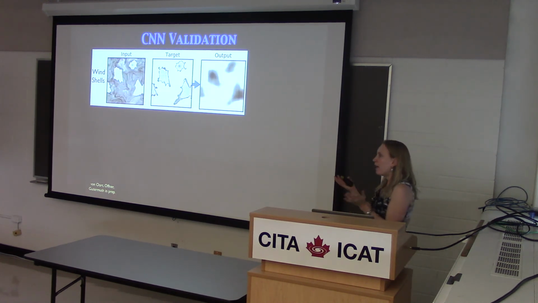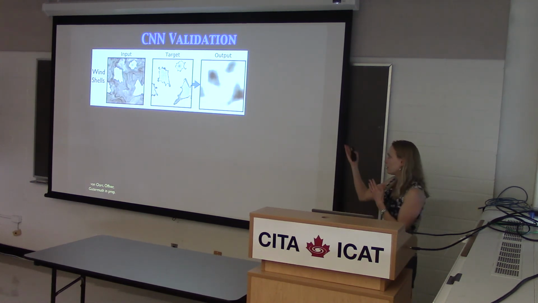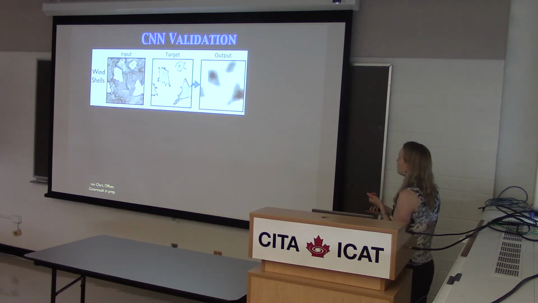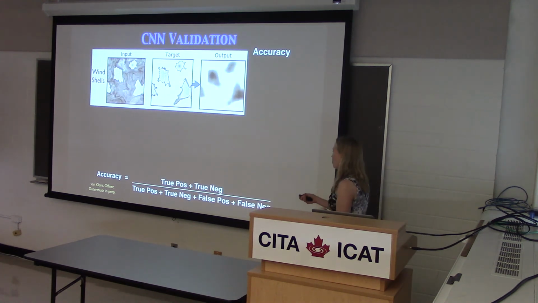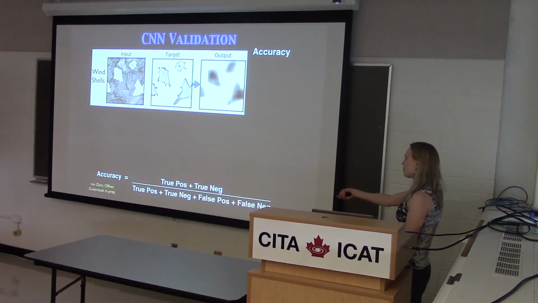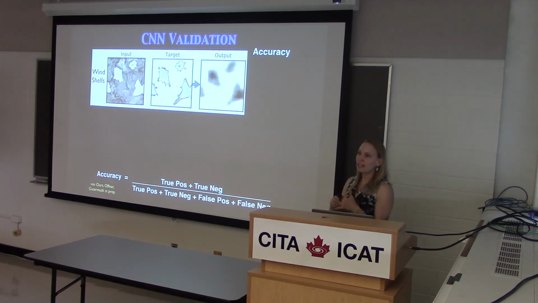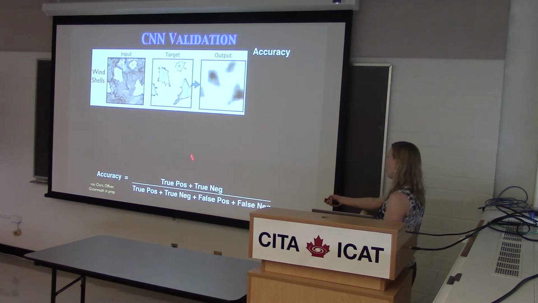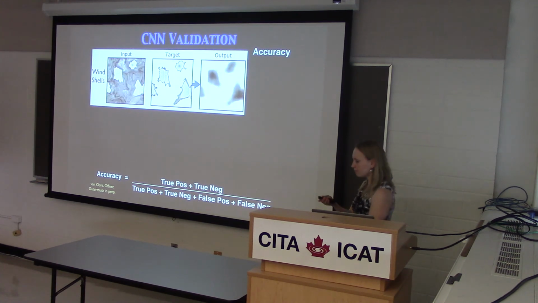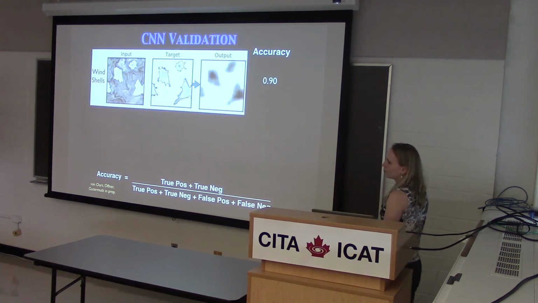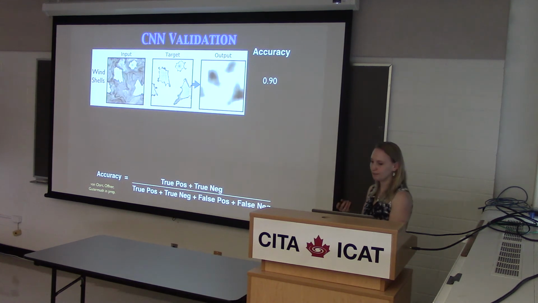You'd say, well, by eye, this actually looks pretty good, but we need to quantify this. How good actually is this approach? So we can come up with an accuracy metric which counts, on a pixel by pixel basis, the number of true positives and true negatives, and then takes the ratio of that to the true positives and true negatives plus false positives and false negatives. So if it identifies each pixel correctly as either belonging to a wind or not belonging to a wind, then it would be 1/1, an accuracy of 1. For this particular example, it has an accuracy of 0.9, so it's pretty good.